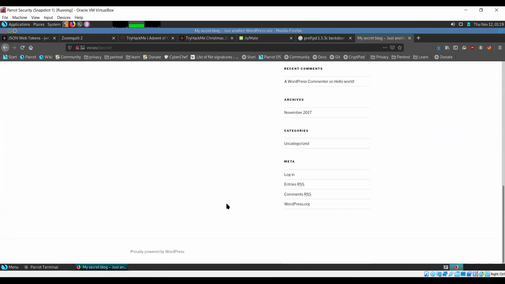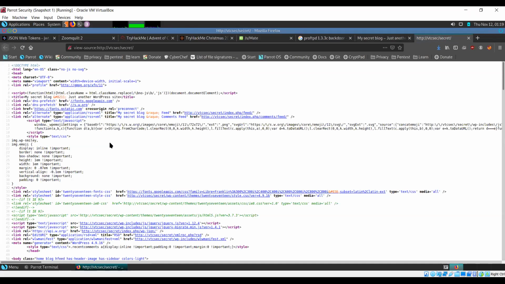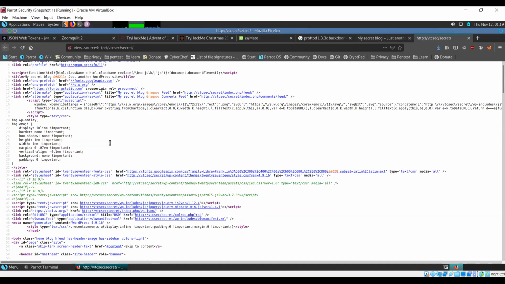Now, whenever you come across a website, there are a couple of things you do in the beginning. Whenever you are trying to attack a website, sometimes it happens that the developers leave some important details as comments within the HTML code itself. So you can try to go through this, look at the comments that are present, see if you can find something interesting.